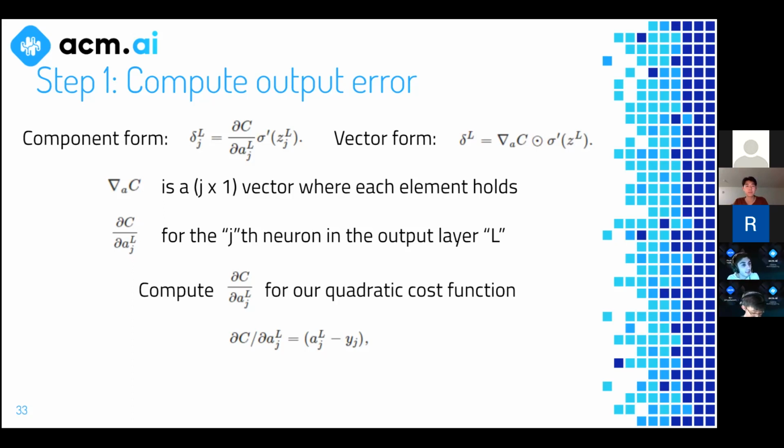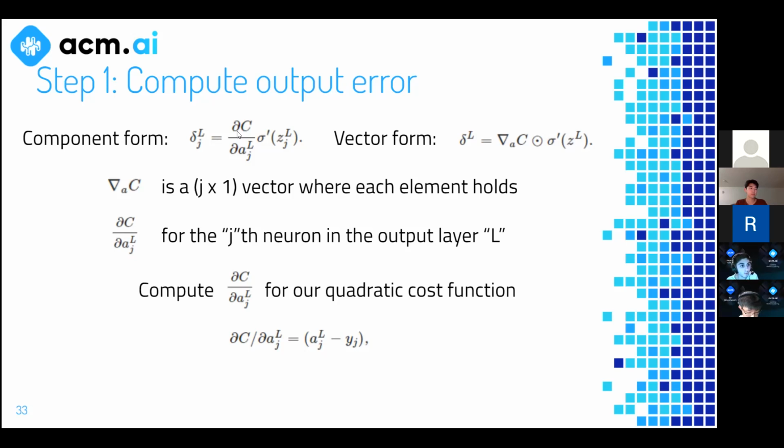Because like I said earlier, every single neuron needs to have an error associated with it, including every neuron in the output layer. So it's not like feeding forward where we have the input already. We need to actually calculate those errors in the output layer. And once we calculate those errors in the output layer, we can do something very similar to what we did for feeding forward, except we do it backwards. Because once we have the first one, it's the same idea. You just use the first one to get to the next one, and the next one, until you're at the beginning. So we need to use this special formula in order to tell us the errors in the output layer.